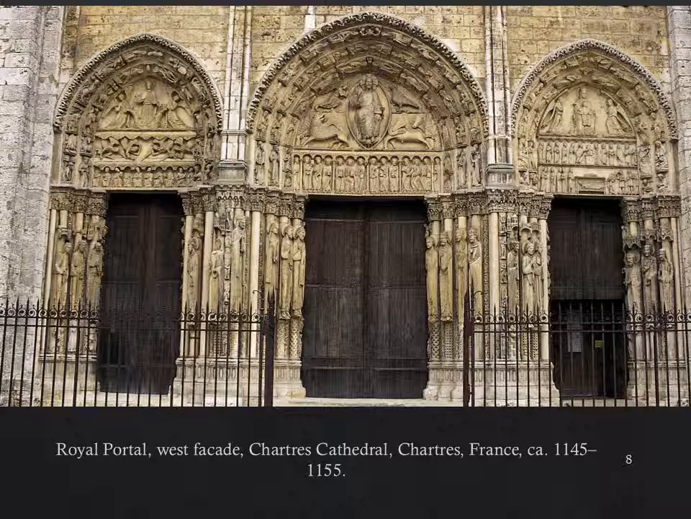So it's very interesting in terms of how big these doors are, what a massive sort of presence they have, that they are taking great care to choose these scenes carefully so that it tells a continuous story across all 3 entrances. In terms of the style, what we can see here, the figures are still a little